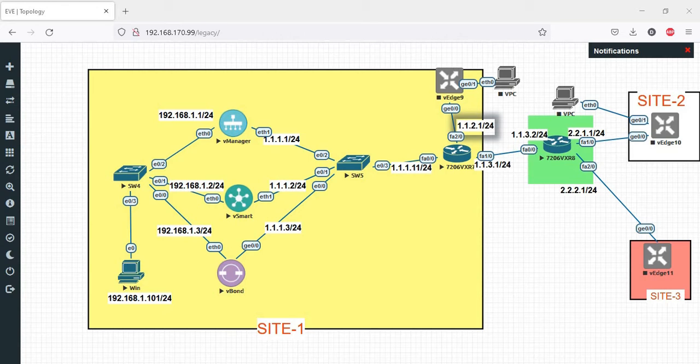In the previous videos, we have performed the basic CLI configuration of bmanage, bsmart and bbound and tested the connectivity between each other. Now in this video, we will be trying to establish the connection between all these controllers. Let's begin. In order to establish the trust between the devices, we are going to be using the certificate, and each device will have one root certificate and one identity certificate. So let's start now.